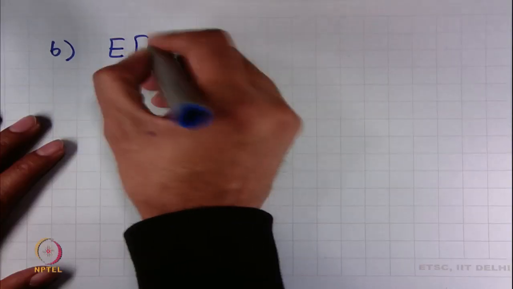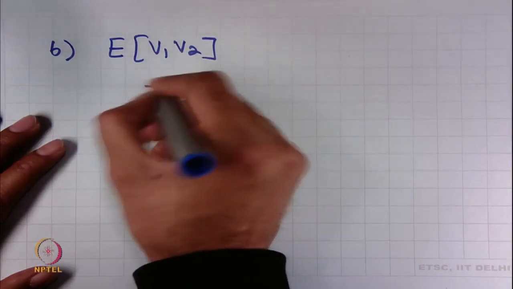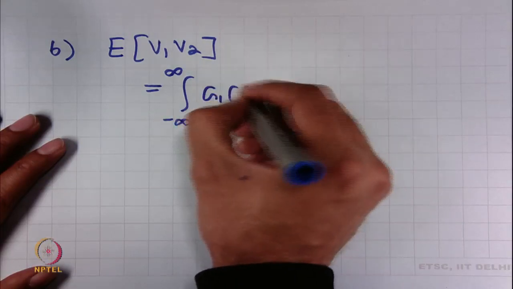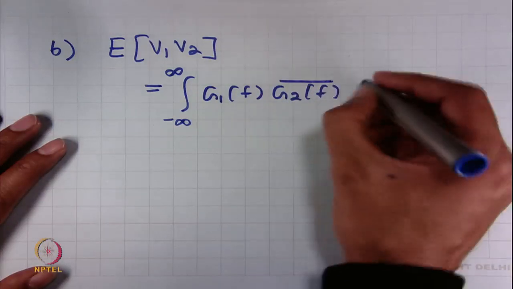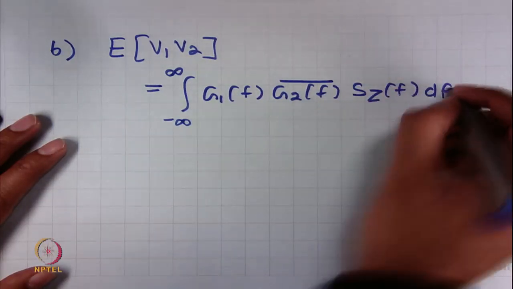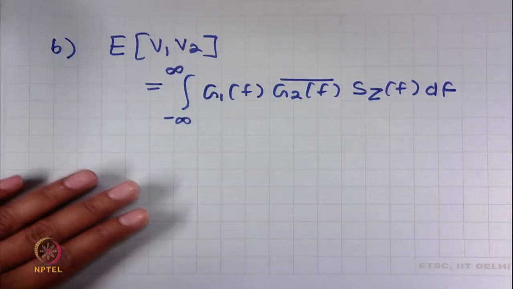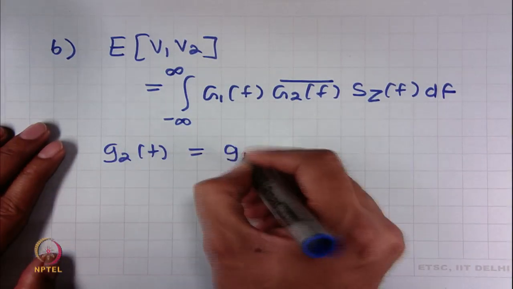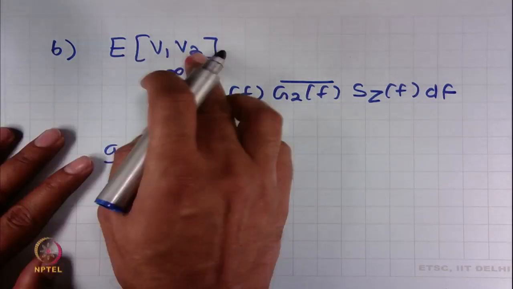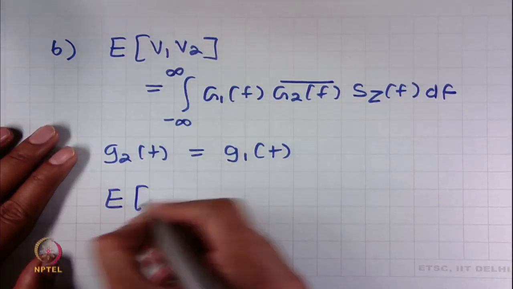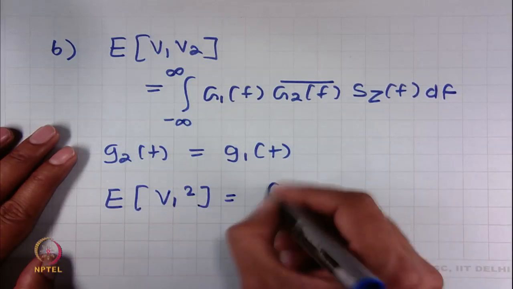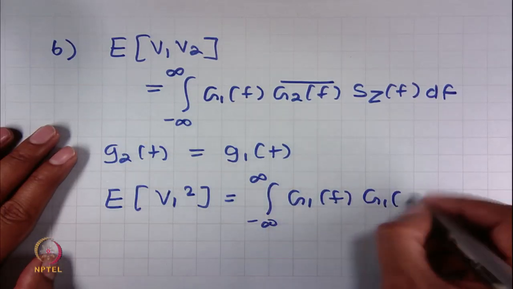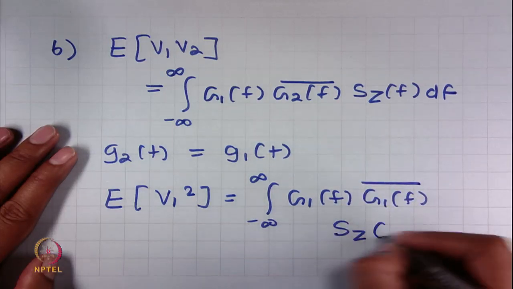so let me write that expression again. Expected value of V1 V2 we have said is, now let me assume one thing, that g2(t) is the same as g1(t). Actually we are talking about the same linear functional. So, we get expected value of V1 square is nothing but the integral of G1(f) G1(f) conjugate S_Z(f) df,